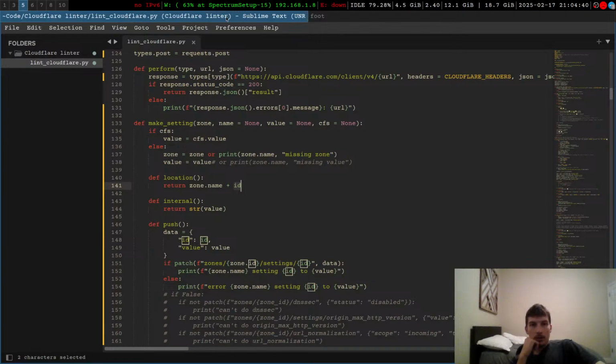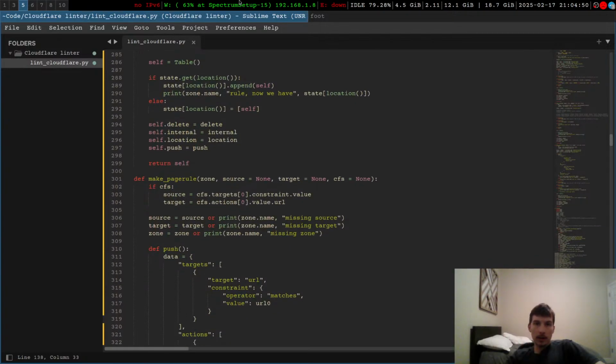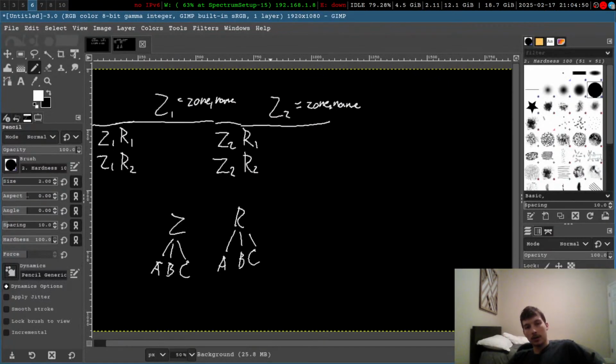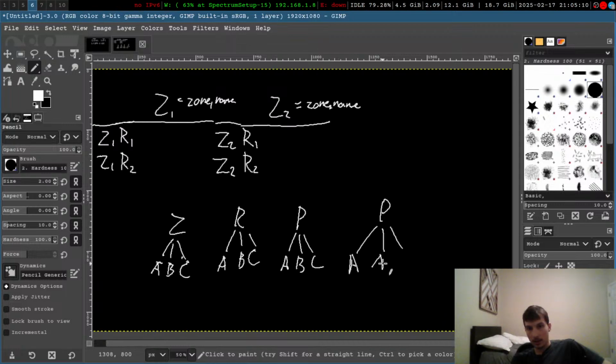Let's just take a look. We have records, we have rules, we have page rules. Right? And if you see here, they are unique. We're never going to have something like this, because each child is certain to be unique. So given that assumption,